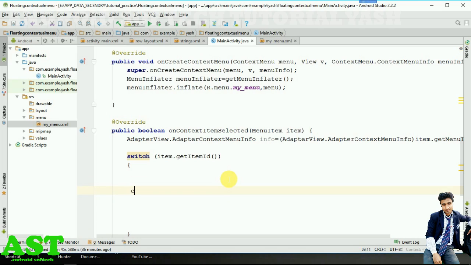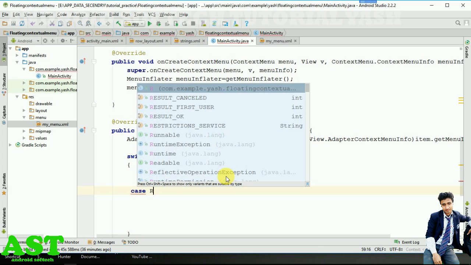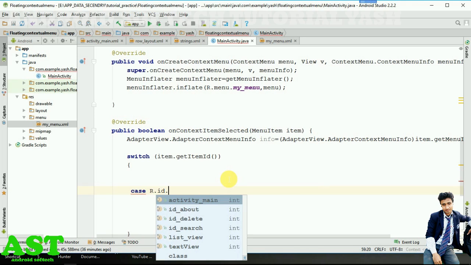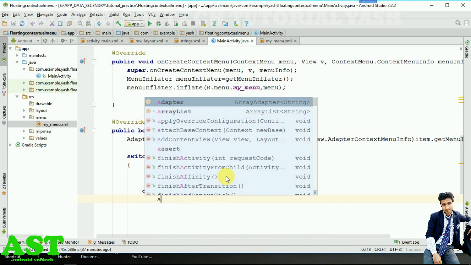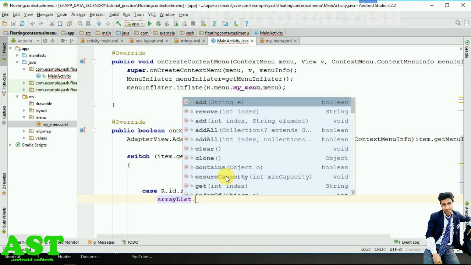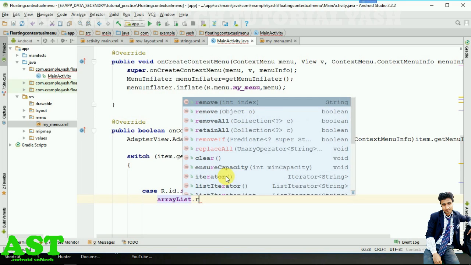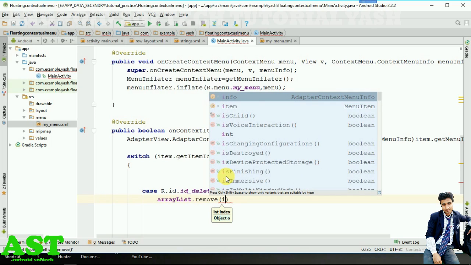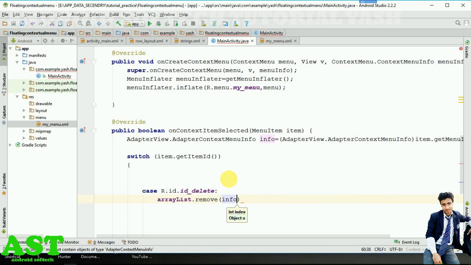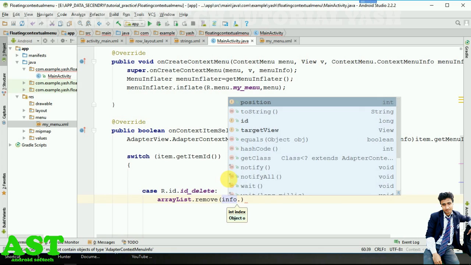So the first one will be case R dot id dot delete, and we will remove the item from the array list. So by passing the object of array list dot remove, and pass the position, I mean pass the adapter, pass the info, and then pass the position,